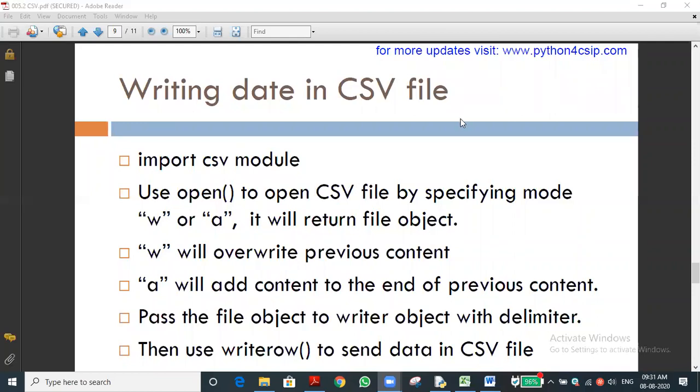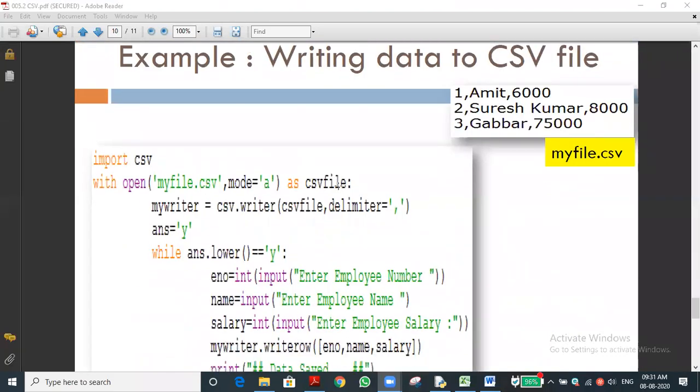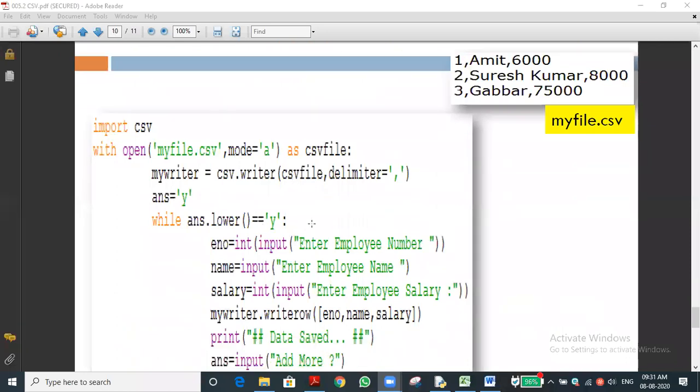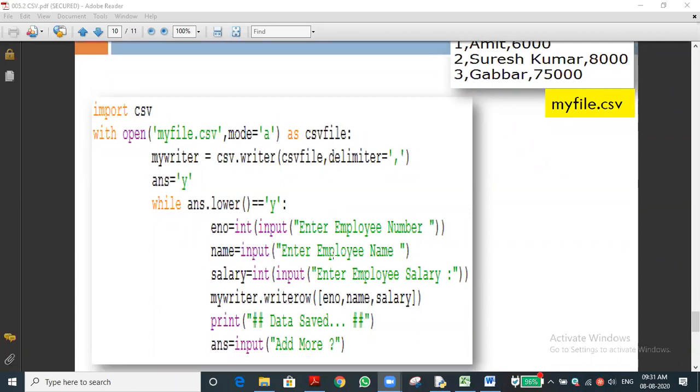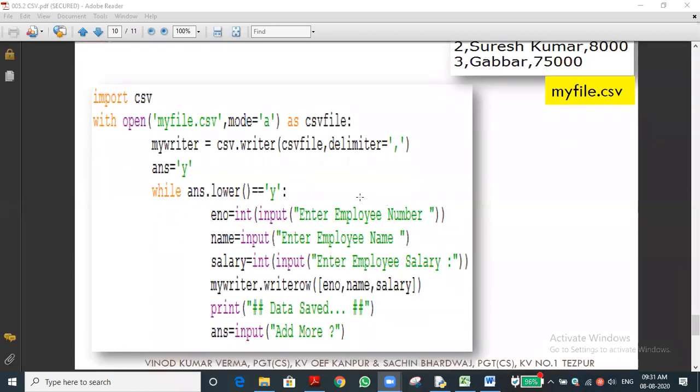We are about to complete this. You can see the writer function; you already know it from the first program, how to write data into the file. So it seems to be easy for you. First we learned how to write into the file, then how to read from the file and do multiple operations, giving certain conditions and counting the records present in the CSV file. Have you all understood the CSV file thoroughly? Is it easy and interesting too, isn't it?